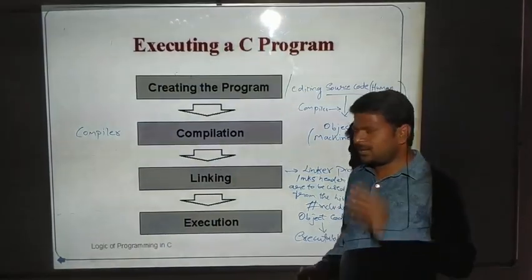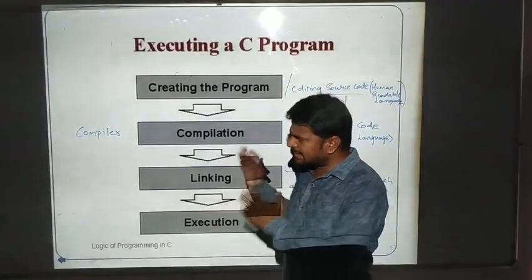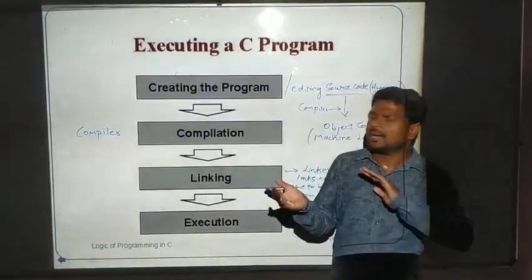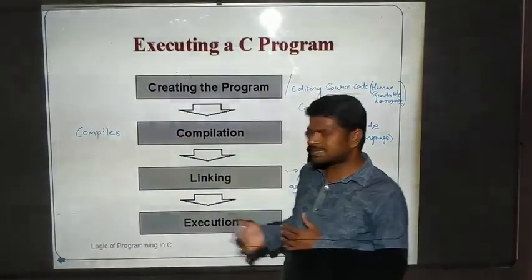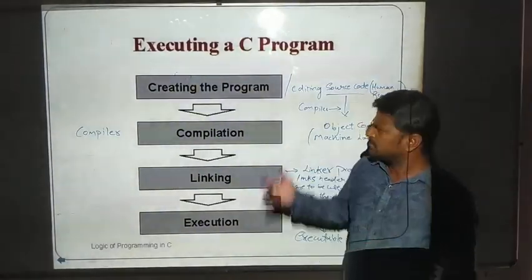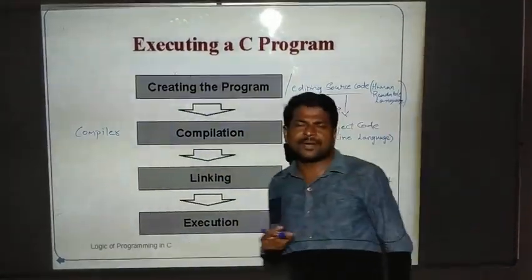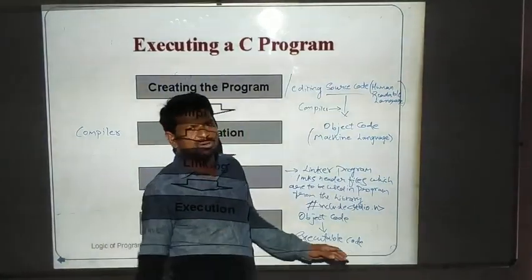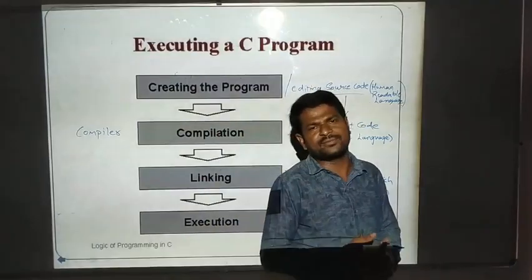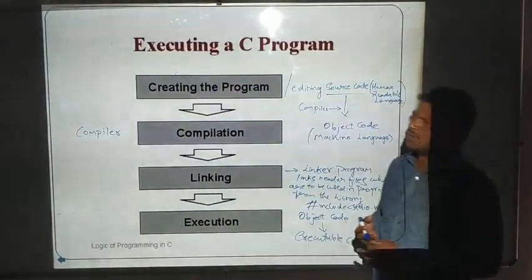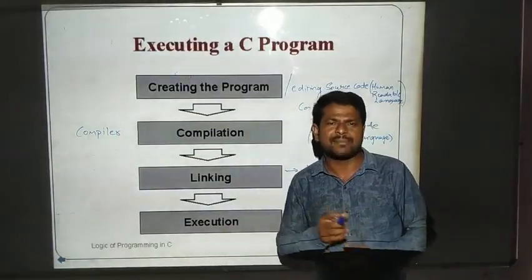Here we will talk about the fact that, as we know, C language is cooperative with what? Unix operating system. Why? Because C language was developed from Unix. So the Unix operating system is completely command oriented, whereas C is what? Graphical environment. We will work in a graphical environment. So in Unix, to execute any program, we have to use commands.